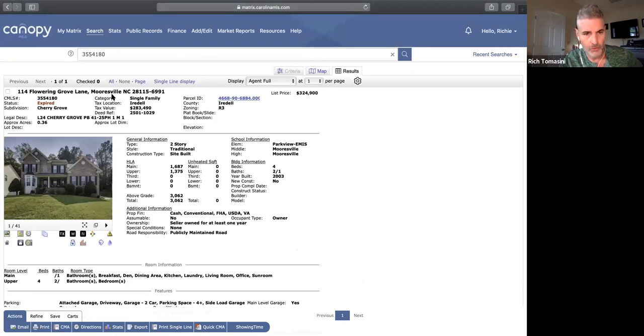Okay, so what are we going to do here? Well, we have to find out which sales in here bracket best. So when you're doing a sales comparison grid, which is this form that we're going to spend time on,